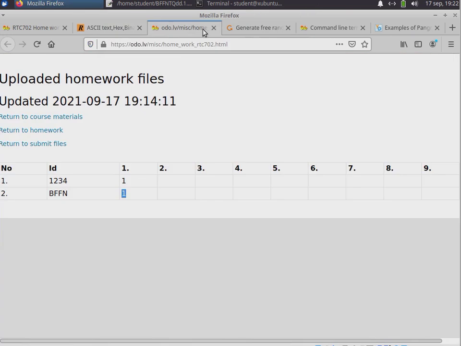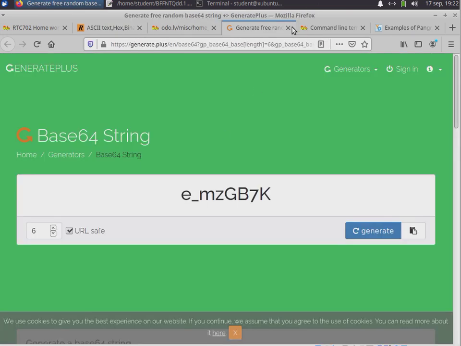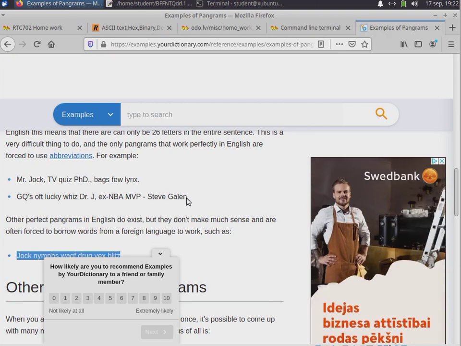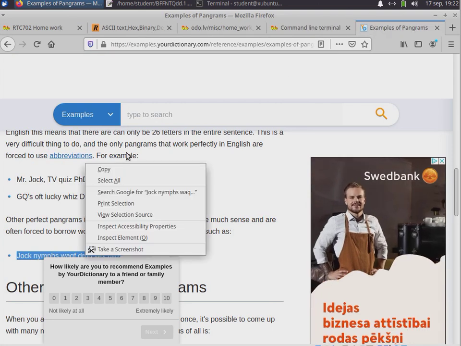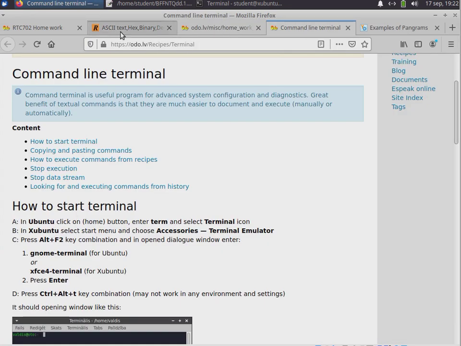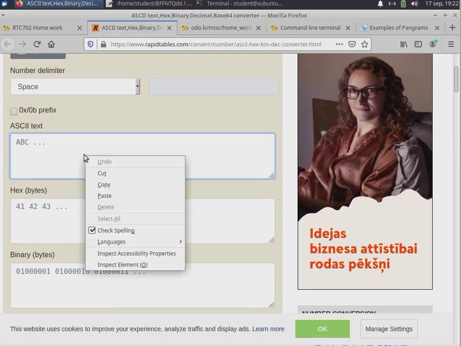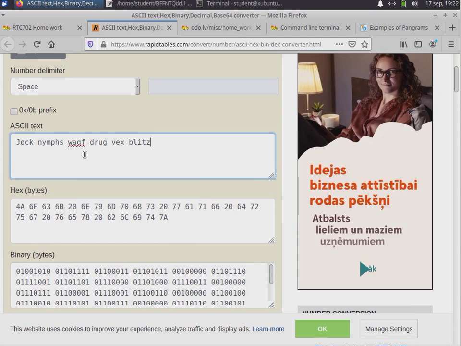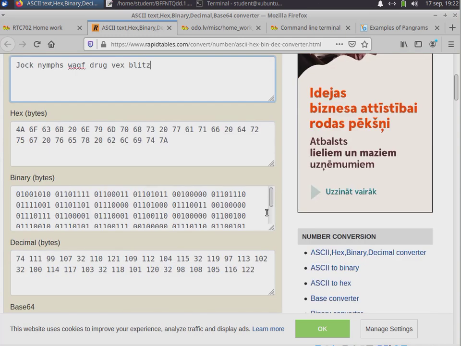So for demonstration purposes, which string did we use? This one. Paste the ASCII text here,